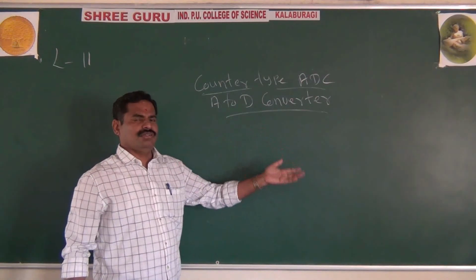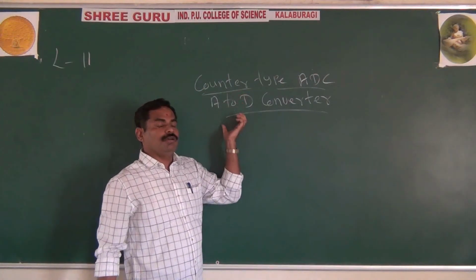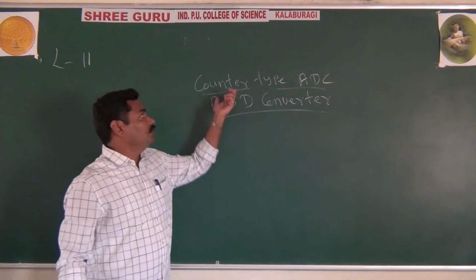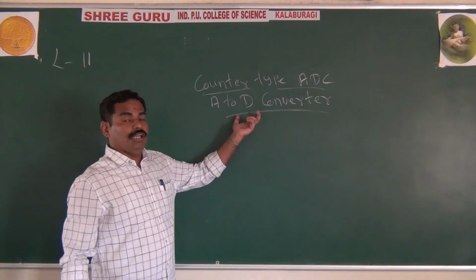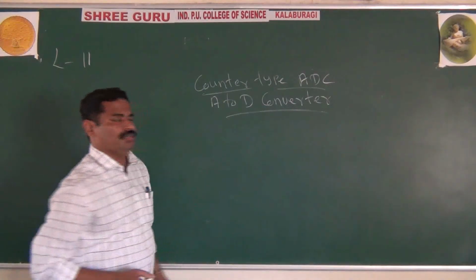You also have the successive approximation method, but according to your syllabus, we have only the counter type of A to D converter. And as I said in the beginning, it is having